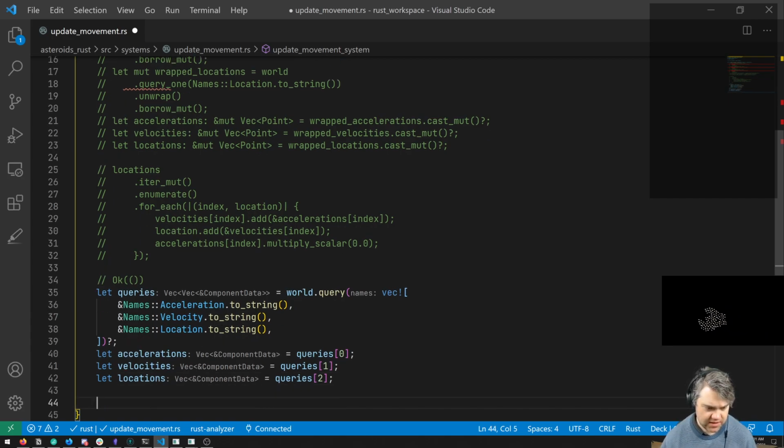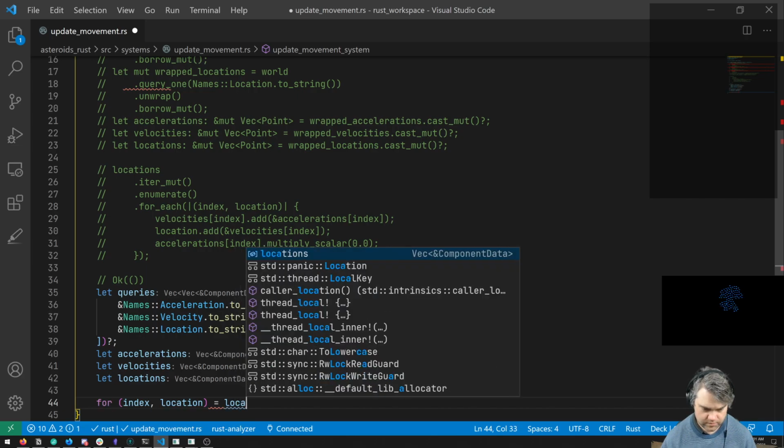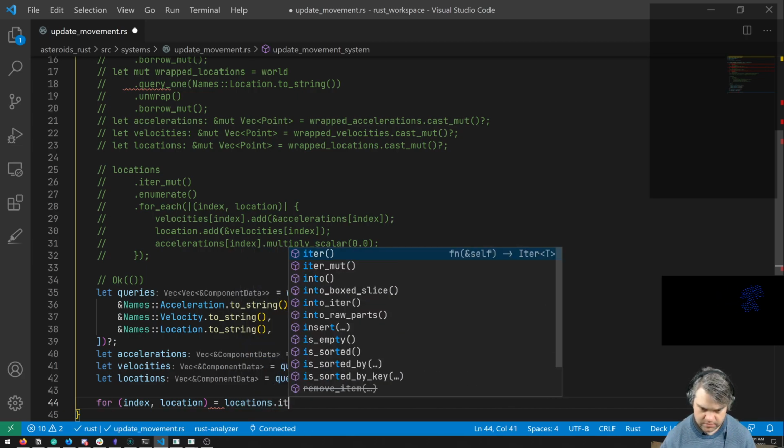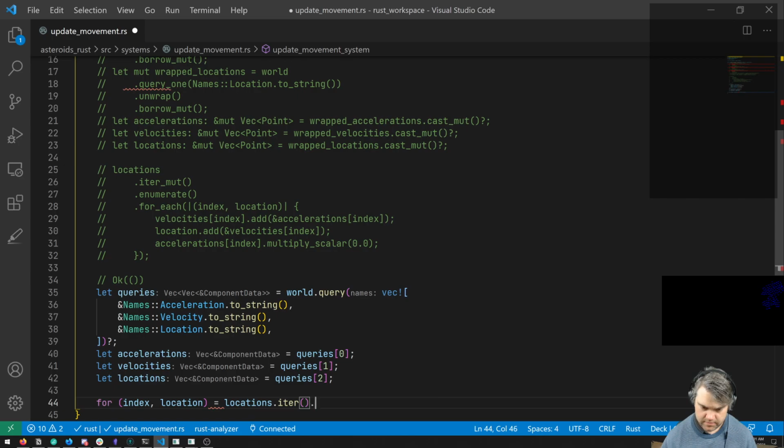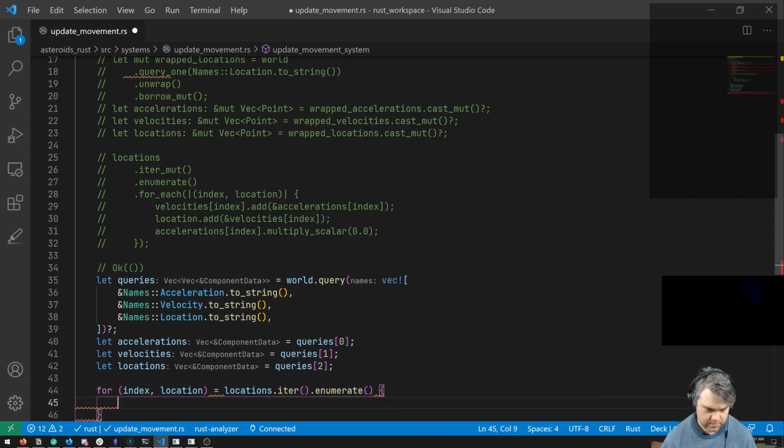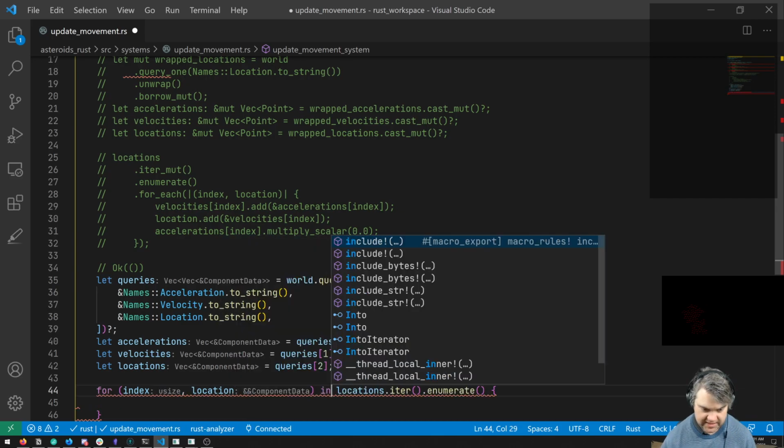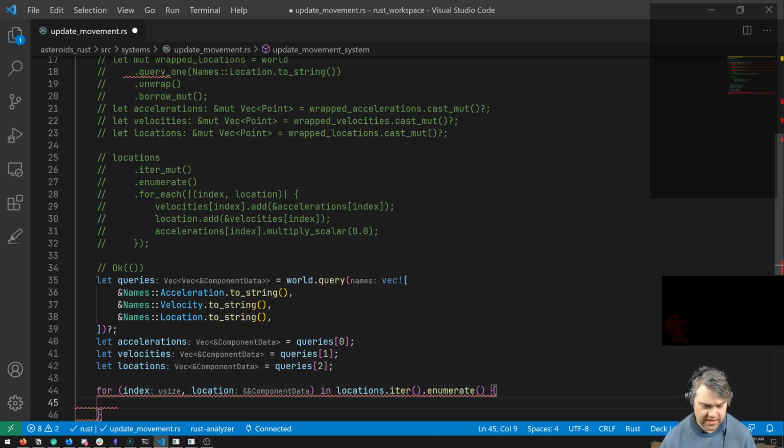Let's do our for, take an index and a location. Okay, so once I have that,